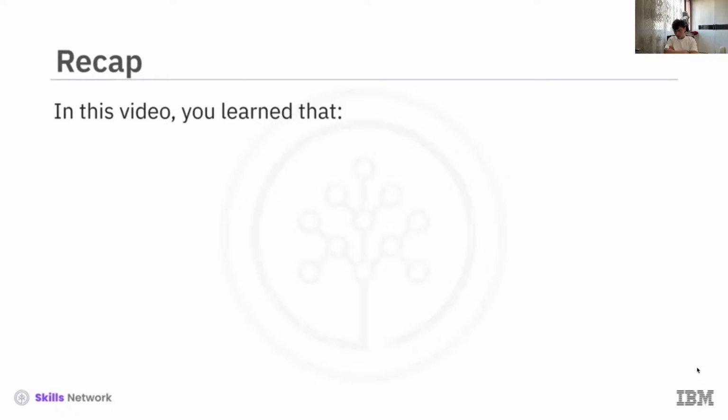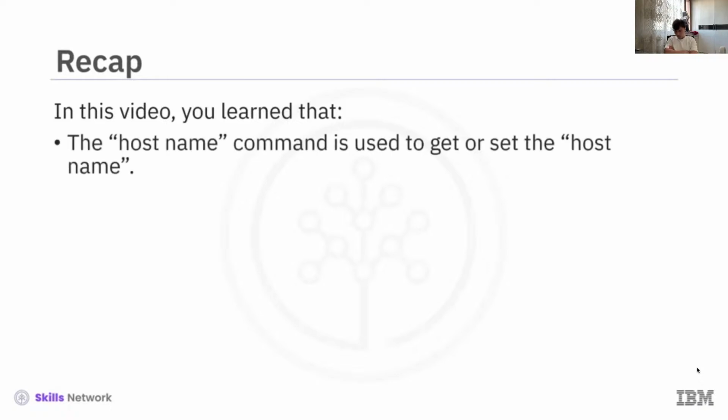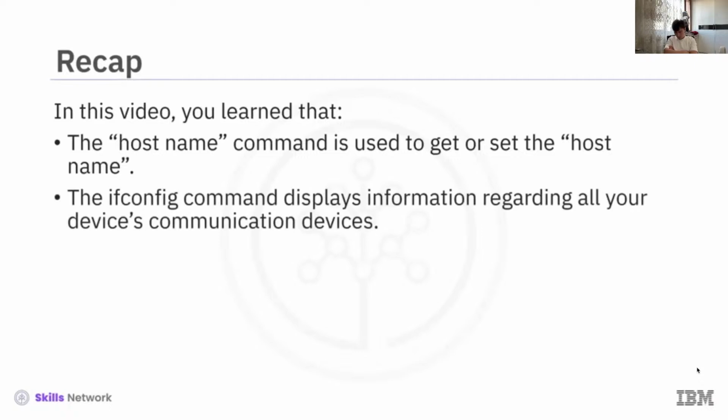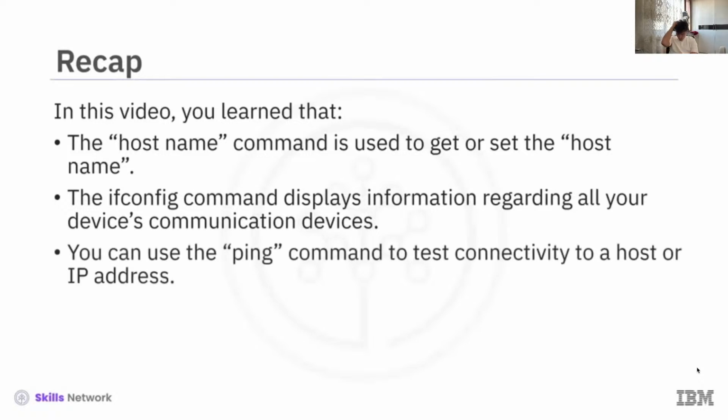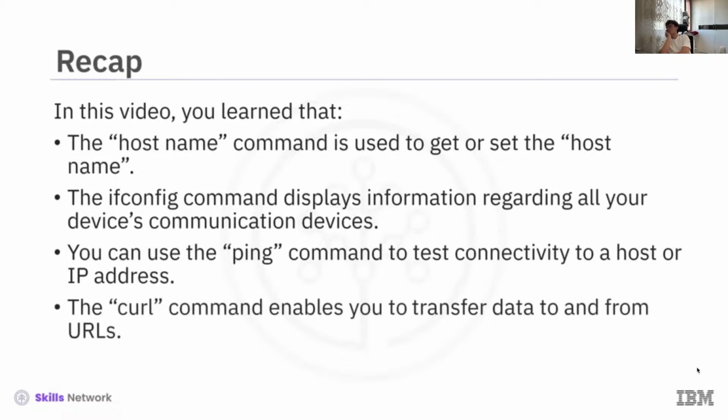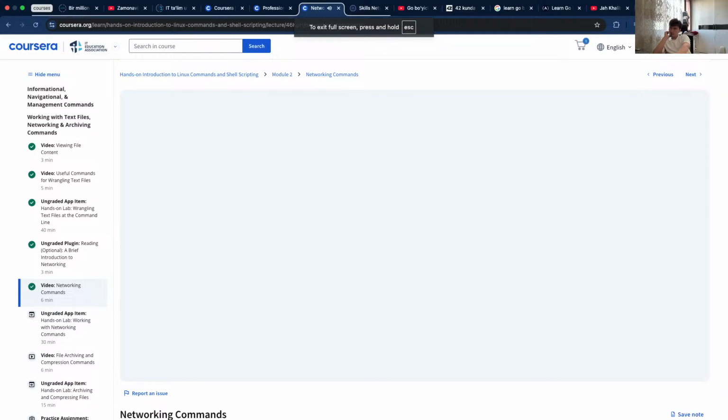In this video, you learned that the hostname command is used to get or set the hostname. The ifconfig command displays information regarding all your device's communication devices. You can use the ping command to test connectivity to a host or IP address. The curl command enables you to transfer data to and from URLs. The wget command is used to retrieve